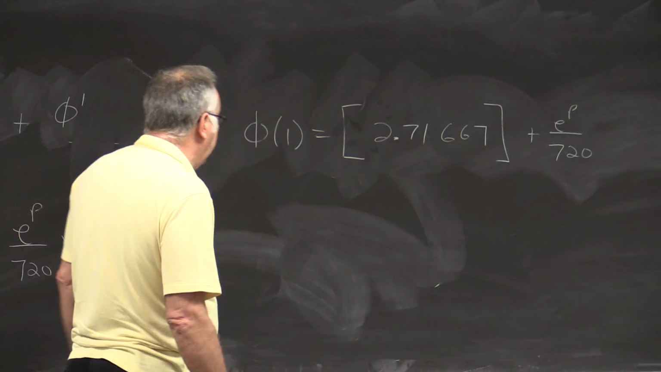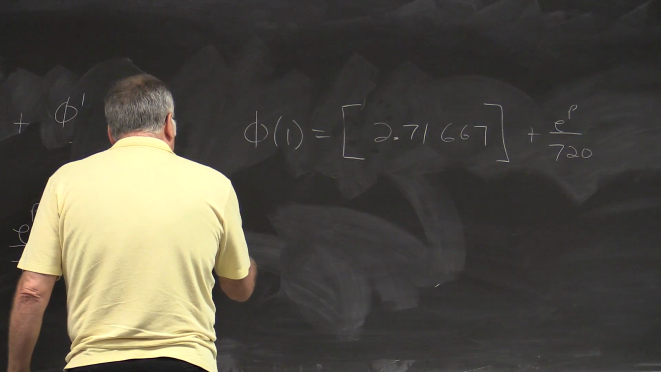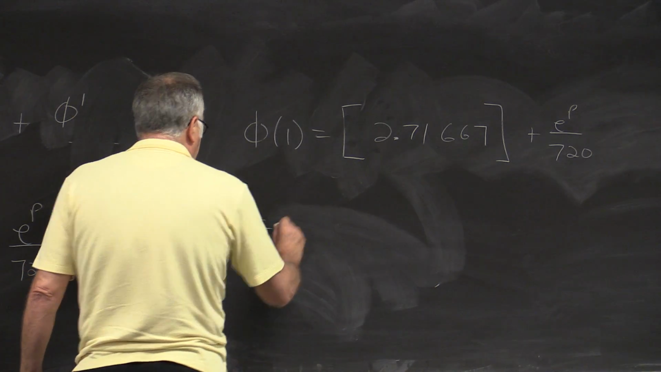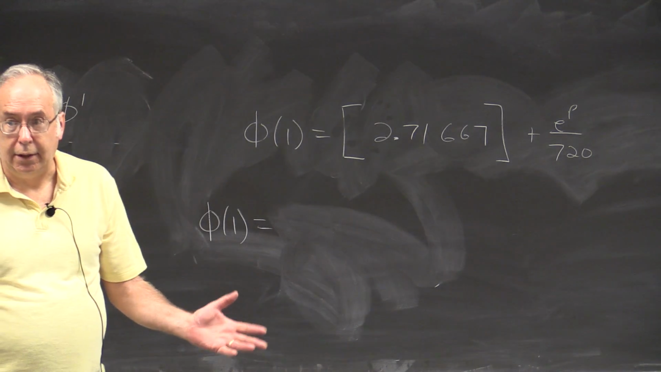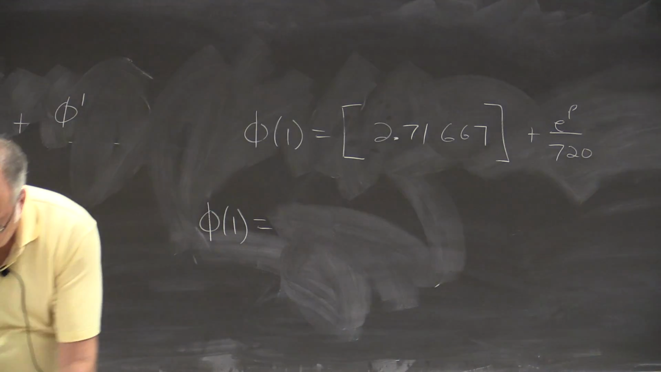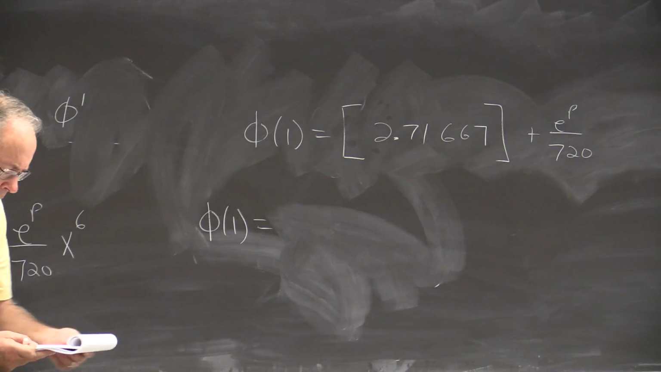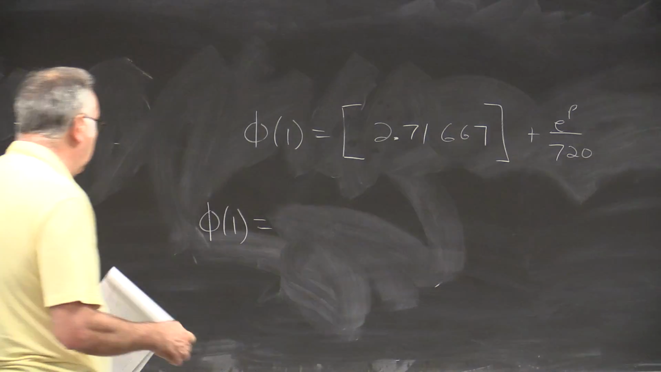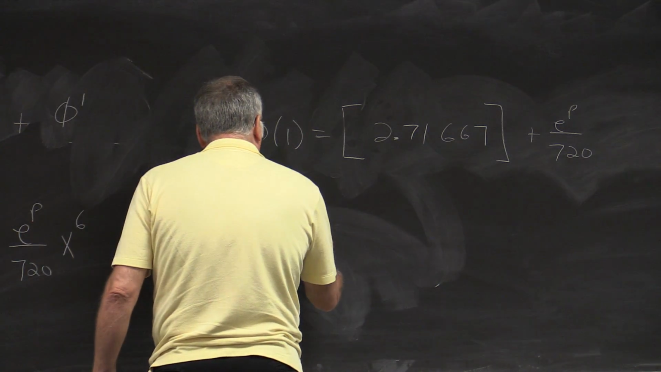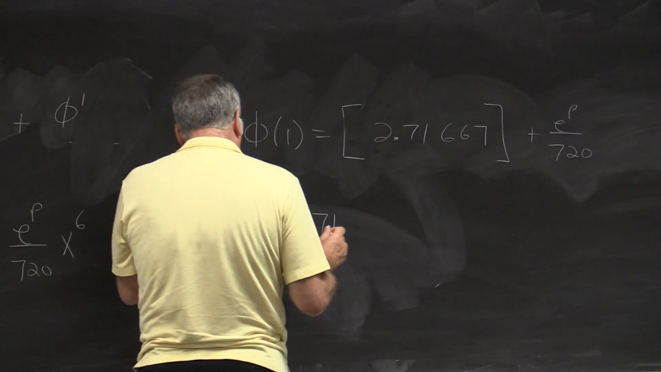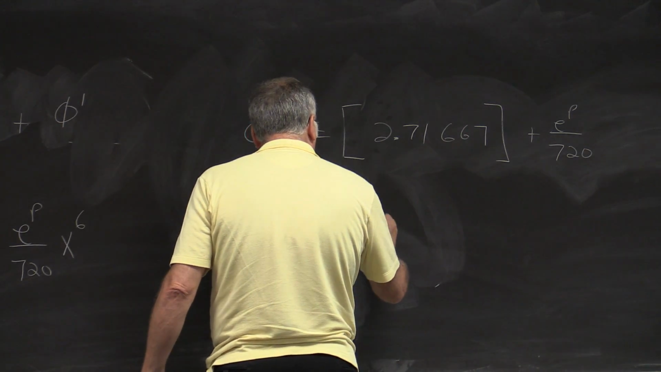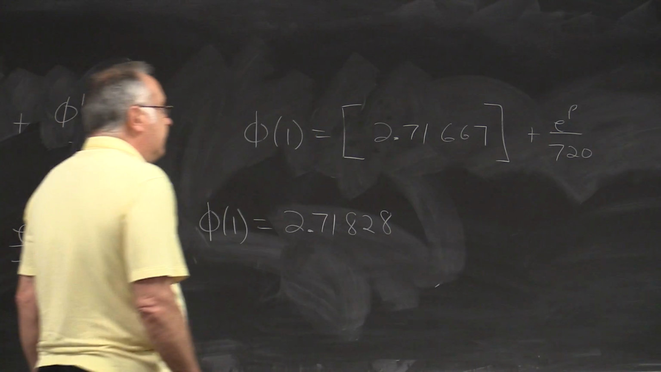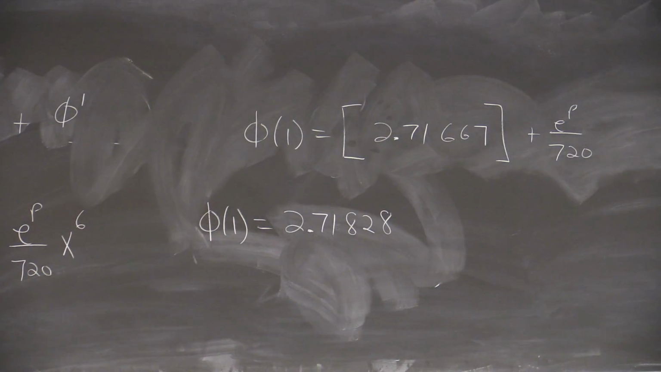Now, what is the true value of e? The true value of e, we know to 5 decimal places, is equal to 2.7182. Therefore, we're getting pretty close. Our Taylor series approximation is pretty close,